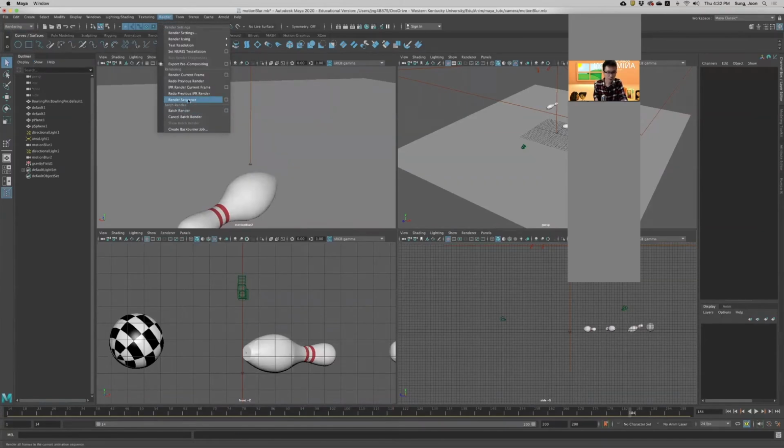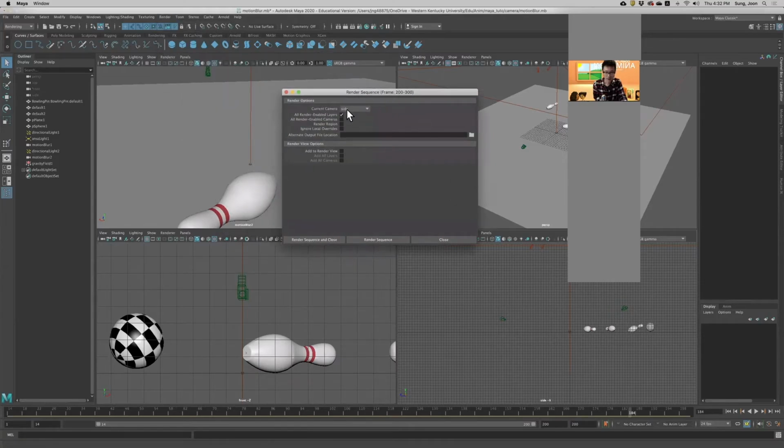And then go to render sequence. So when you just render a single frame, you can choose this, render current frame, one frame. But if you'd like to render multiple frames, render sequence, you have to select this one. Rather than selecting these words, render sequence, click this empty box, and then we have to select the right